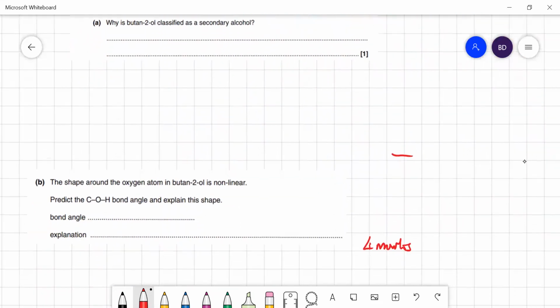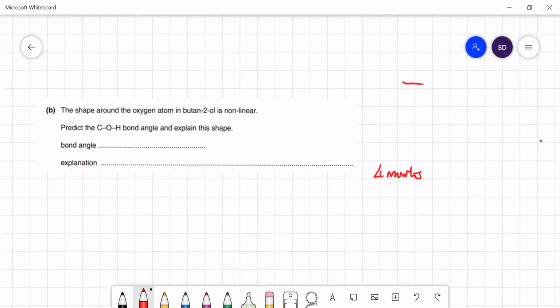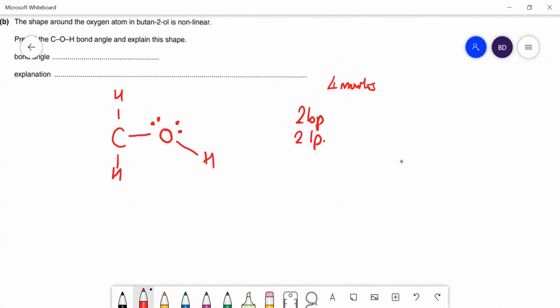The shape around the oxygen atom in butanol is non-linear. Predict the bond angle and explain this shape. So let's look at the bond angle. What we've got is carbon here, with the hydrogens, we have the oxygen there, and we've got an H there. Now oxygen always forms two bond pairs and two lone pairs. If you drew the oxygen there,